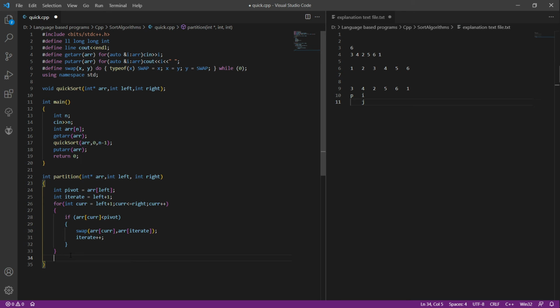So finally, after the loop, when the whole loop is over, I mentioned that the last position which was swapped will be swapped with P, that is the pivot. Like in this case, I think the last position was... wait, let's do it. Okay, so